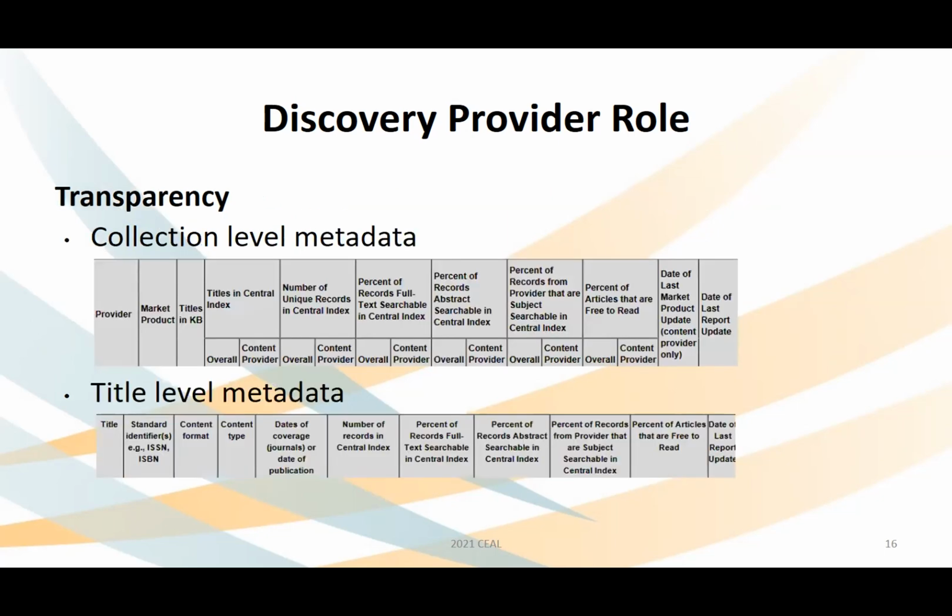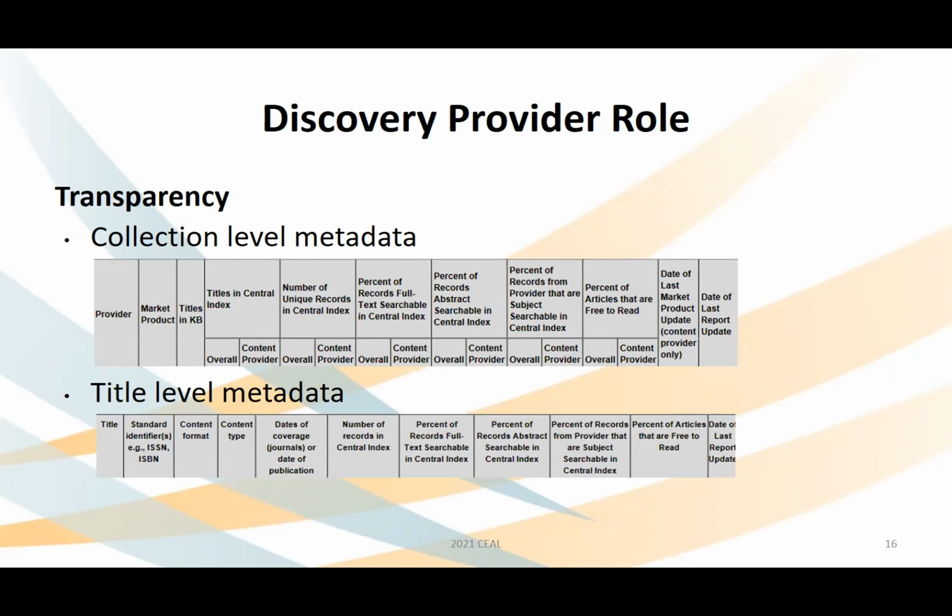So I'm going to say a little bit more about the transparency. First of all, librarians and the end users need to understand what is available through the discovery system central index. So at the collection level, we want the discovery service providers to provide some reports to the libraries and to the publishers about the coverage. And so at the collection level, we hope that they will provide the name of the provider of